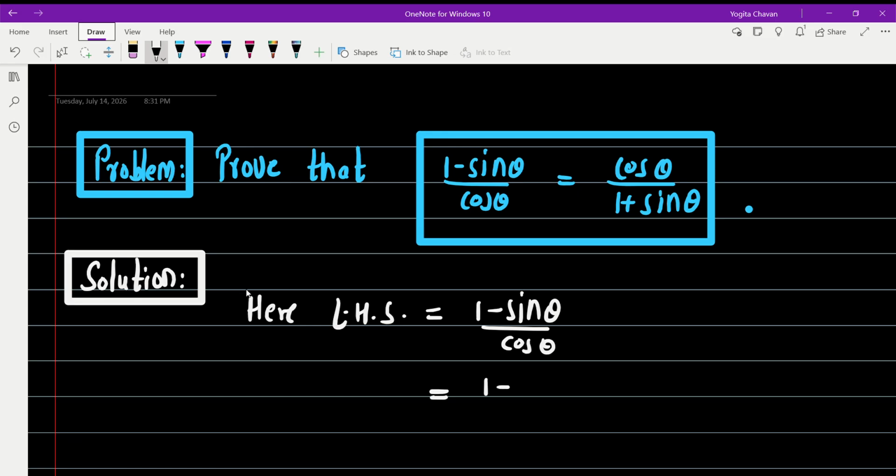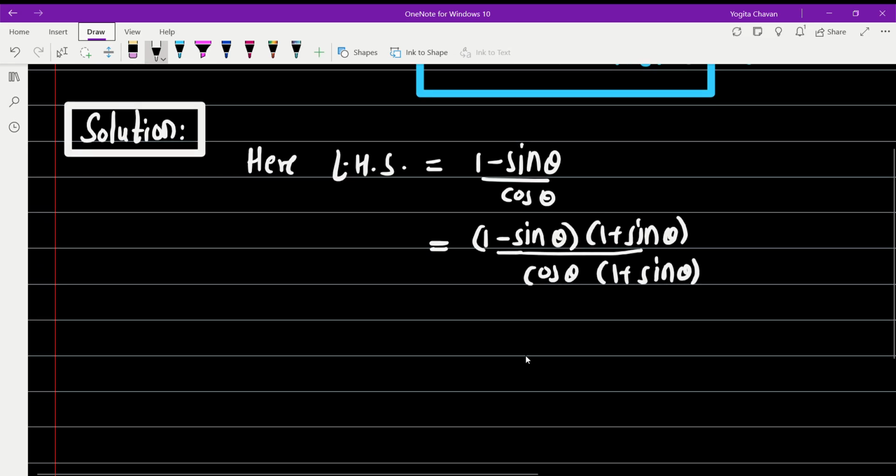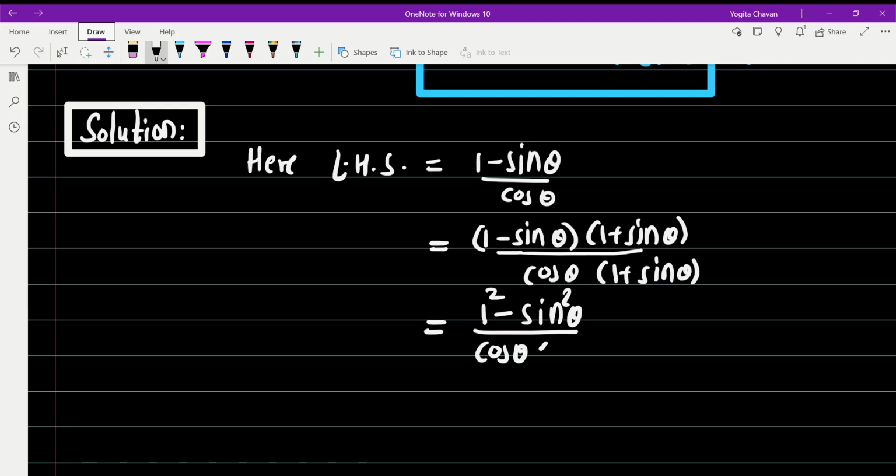So this is (1 − sin θ)(1 + sin θ) divided by cos θ (1 + sin θ). Now look at the numerator. It is (1 − sin θ)(1 + sin θ). So use the formula (a − b)(a + b) = a² − b². So using that formula, this is (1² − sin² θ) upon cos θ (1 + sin θ)